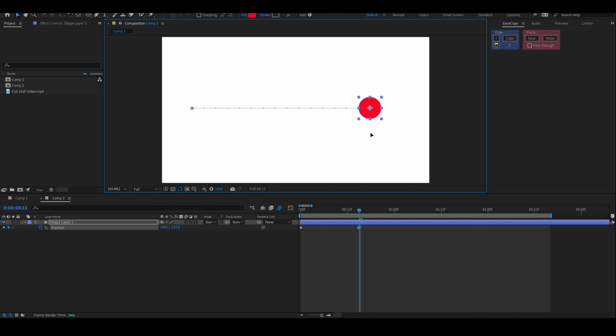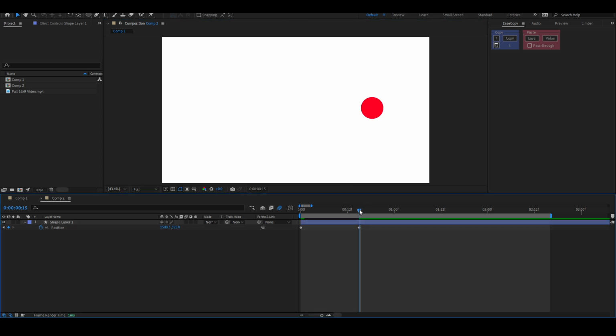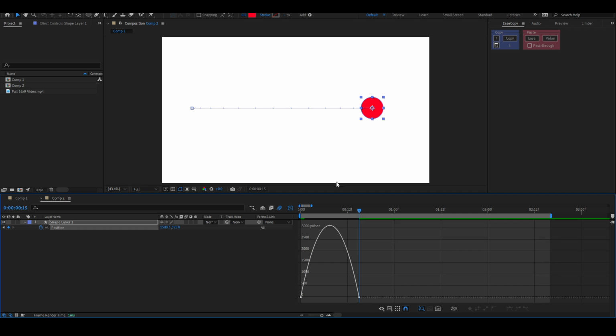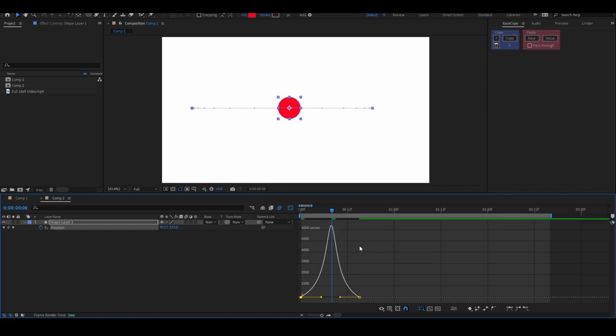So yeah, 15 frames. Can I trust OBS? I hope it doesn't do its thing. But anyway, I trust OBS. So yeah, we have this animating from left to right, okay? And then we're going to add easing to it, and we're going to go into our graph editor. Place this at the middle, whatever is the middle of yours. And then what we want is we want the highest point of this graph to be in the middle, because